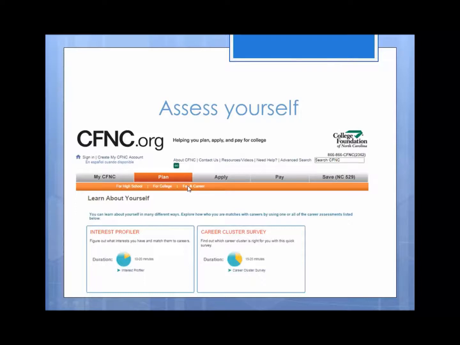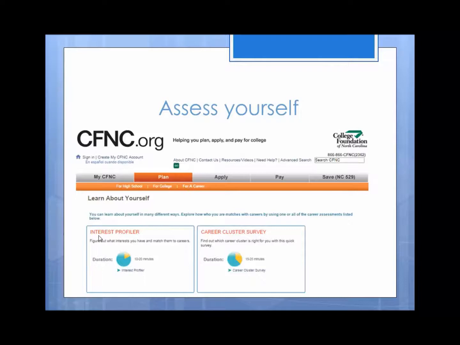And then there's going to be a third area that's called Learn About Yourself. After they click on Learn About Yourself, they will be exposed to 9 different assessments. If you look at this slide, you'll notice that I have 2 different assessments showing. Of the 9 different assessments, what I recommend that the individual starts with is one of 2 areas. One, to determine what they're professionally interested in, it is helpful for them to identify varieties of careers, narrowing their choices to about 3, and finally selecting only one.